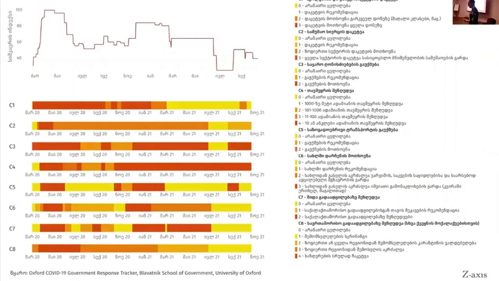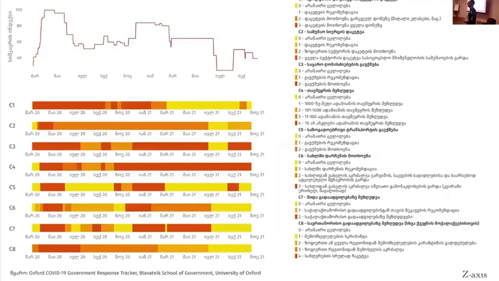They collected data from all over the world, how the governments reacted to the pandemic, what kind of regulations they had, how they imposed those regulations, and so on. So it shows you how governments reacted to the pandemic. On the upper left side, we have how strict the government was during any day during the pandemic. If you remember the story in Georgia, everything happened abruptly, very soon, very quick